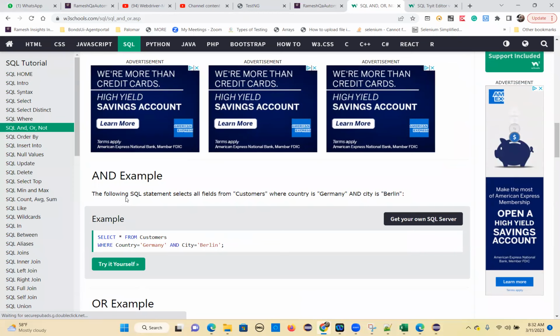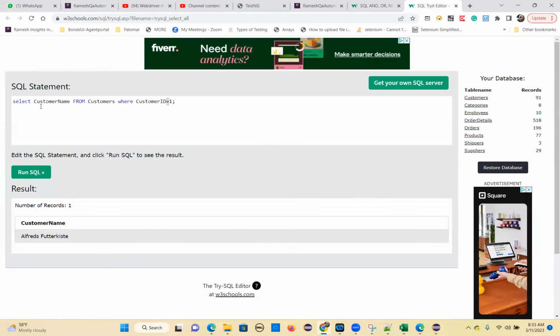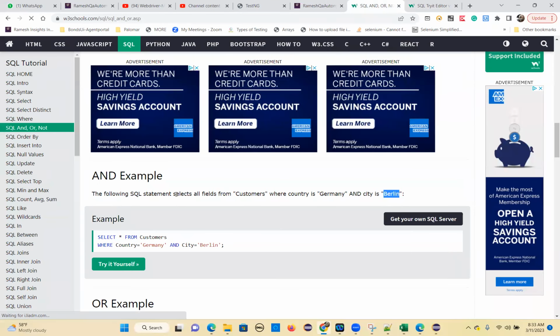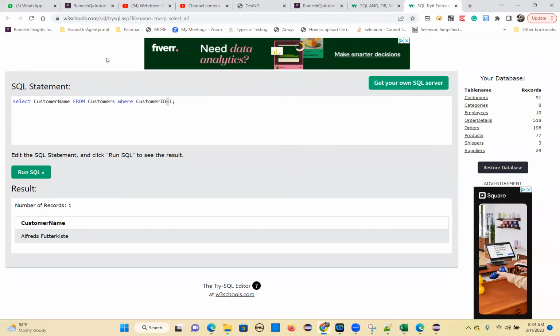That's a simple example. The following SQL statement selects all the fields from customers where country is Germany and the city is Berlin. There are many cities in Germany, but you are expecting Berlin only. So let's write that. What is the query? Select all the fields, which means you put a star, from customers where